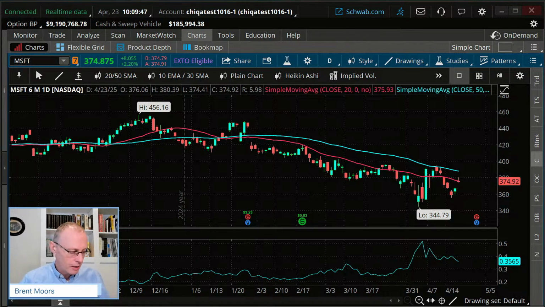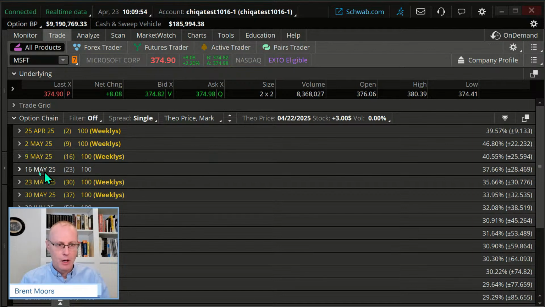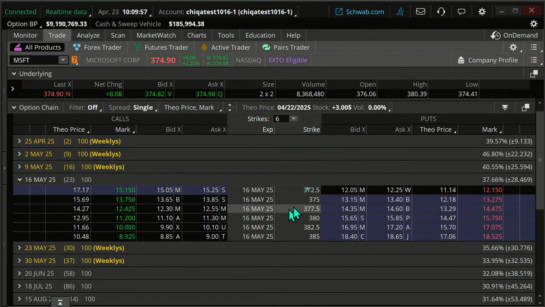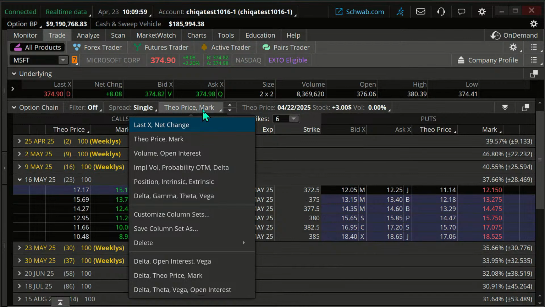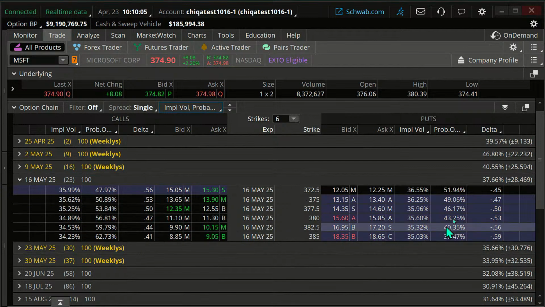That's looking at the current implied volatility of those implied volatilities on those options. If I pull up the stock and pull up those options on it, I can look at those and add a column for implied volatility. Here's an implied volatility column that I could see. So when I talk about averages, we're looking at averages there.